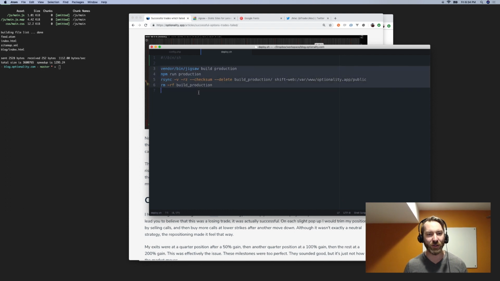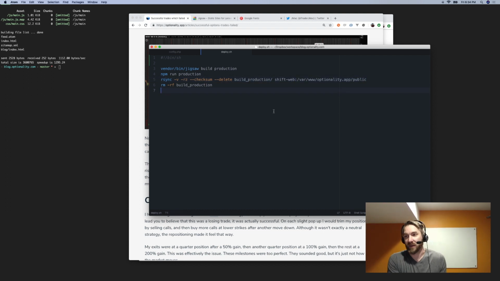This is a 4-line shell script that basically just syncs the files up from the build folder to the web server. Kind of to that point, I didn't even set up my own cloud-based instance of all this. I just piggybacked one I already had for another product. I have the space there. The reality is, while optimistically I hope to get a lot of traffic, I'm not getting a lot of traffic right now, so it's really no big deal to piggyback that as well. So again, a simple rsync script basically copies up any of the changed files to the web server. That's pretty much it.